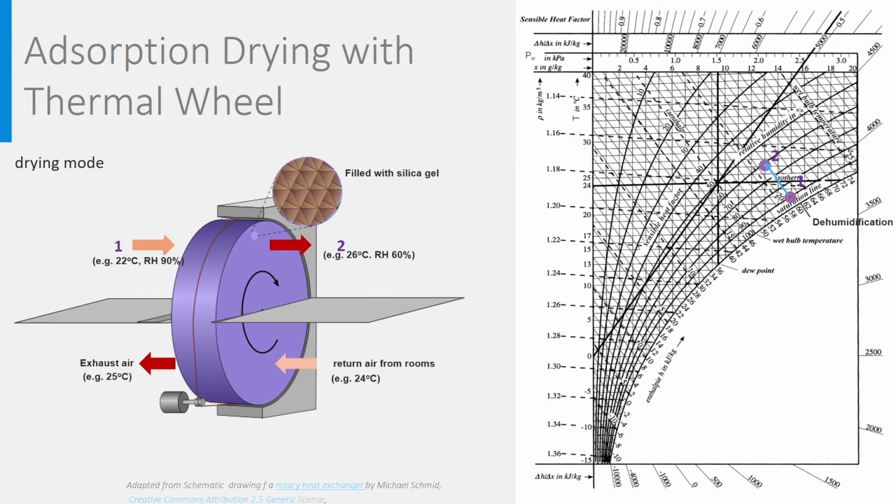A second possibility is to increase the heat recovery in a heating situation. If the return air is dehumidified, its temperature increases a lot and more heat can be recovered by the cold outdoor supply air. This is used in buildings with high occupancy where the return air is generally quite humid. Temperature levels could then be like the ones in brown, where by dehumidifying the return air from 60 to 45%, its temperature is increased to 27 degrees, allowing to heat outdoor air, in our example from 17 to 22 degrees.